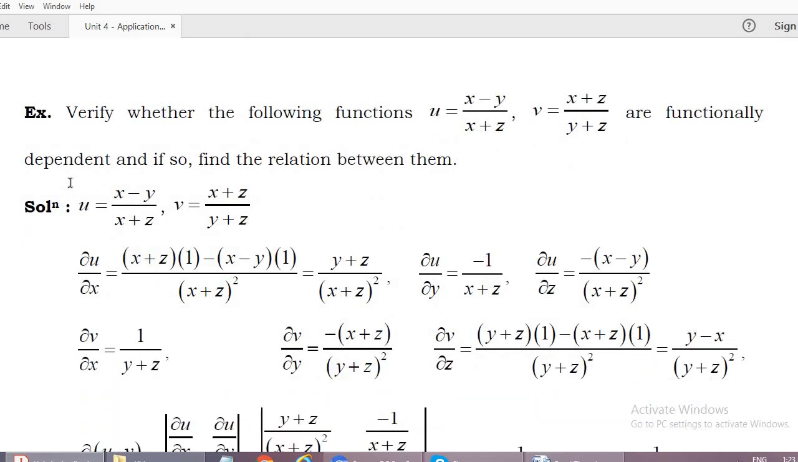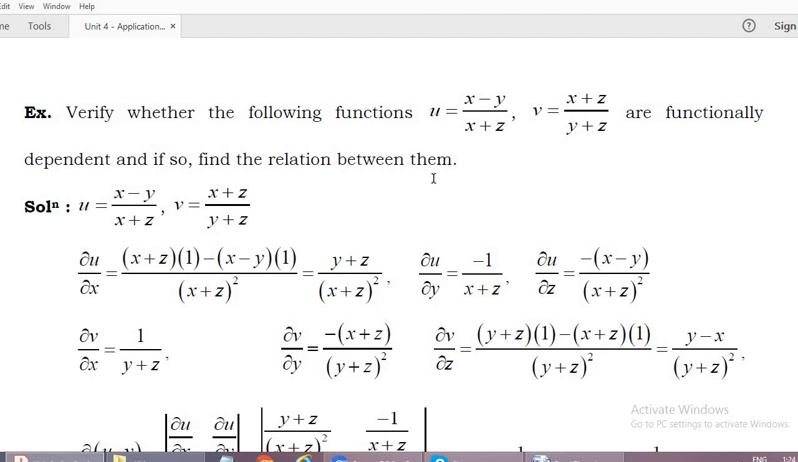Another variety here. Verify whether the following functions u equal to x minus y upon x plus z, v equal to x plus z upon y plus z are functionally dependent, and if so, find the relation between them. Till now we have seen two dependent, two independent variables, then three dependent, three independent variables. But here we are observing that u and v are only two dependent variables, whereas x, y and z are three independent variables. So we'll have to find out